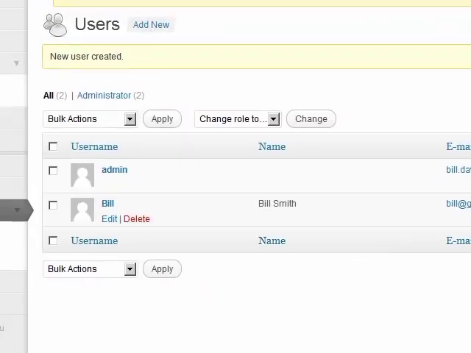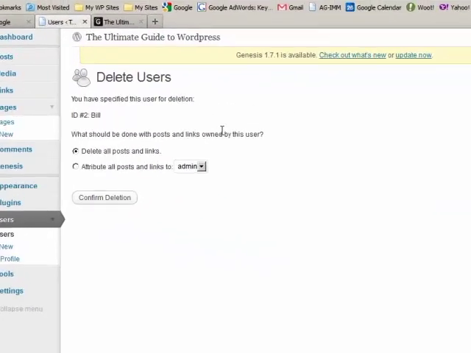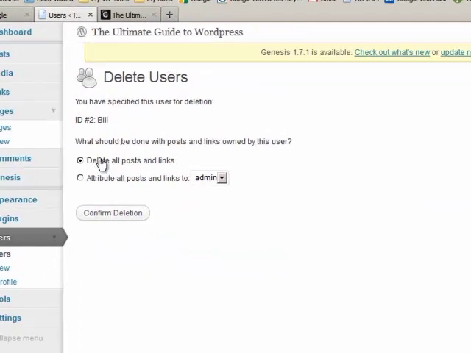and you can see there that the person is here. For now I'm going to delete this user. And when you delete a user, you have a choice. You can delete all posts and links that user's created, or you can attribute any posts and links that user created to another user. In this case, the only other user is admin. But it doesn't really matter in this case because that user never really created any kind of content. So then click confirm deletion